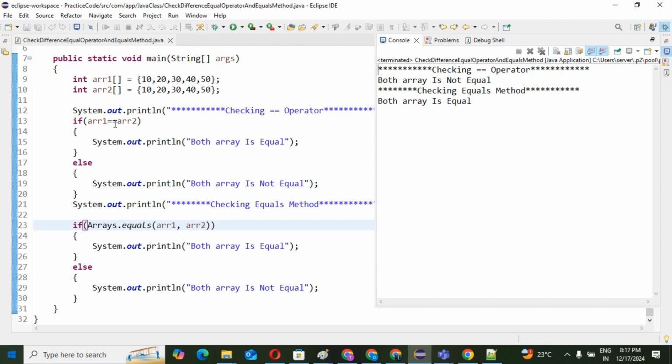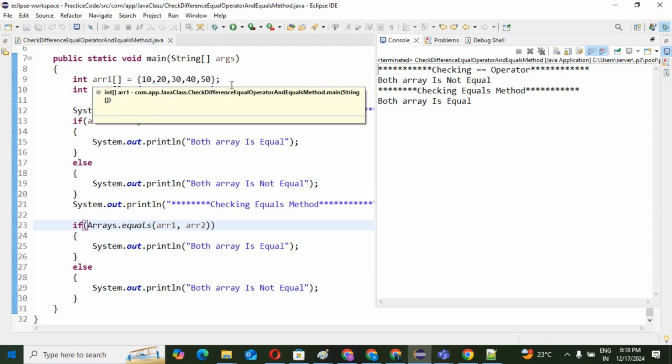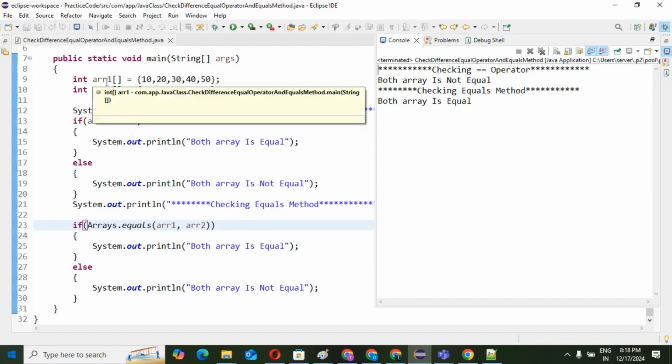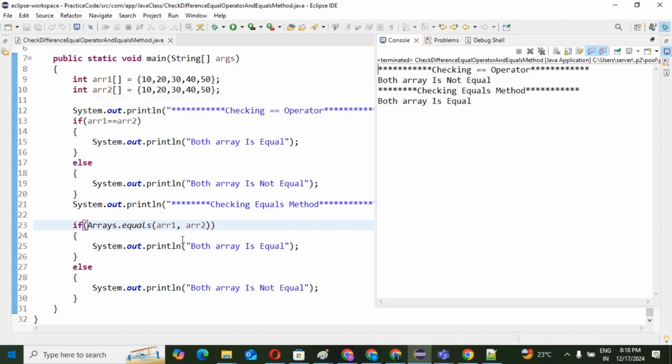But the equal operator checks the reference variable. See, even though the data is the same in both array 1 and array 2, it is printing both arrays not equal. So it is checking the reference variable, not the content.